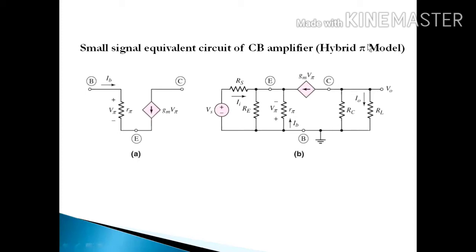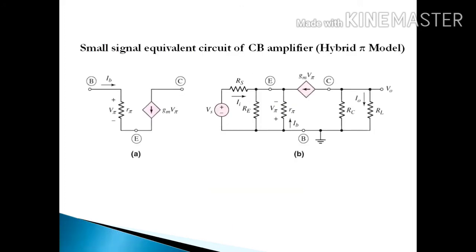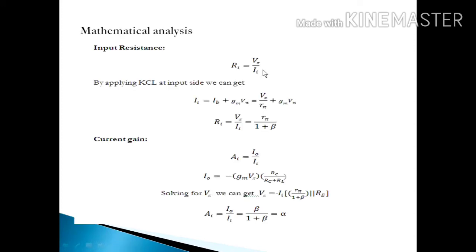Now, let's find out the input resistance of your CB amplifier. As we all know, resistance is the ratio of voltage divided by current. So according to your input terminal, here the emitter terminal is the input terminal. So based on this loop, if you want to find out the input resistance Ri, the voltage which is related to your input loop is V pi, and the current flow will be denoted in terms of Ii. So Ri is equal to V pi divided by Ii.